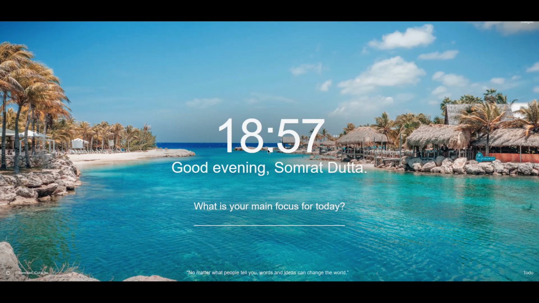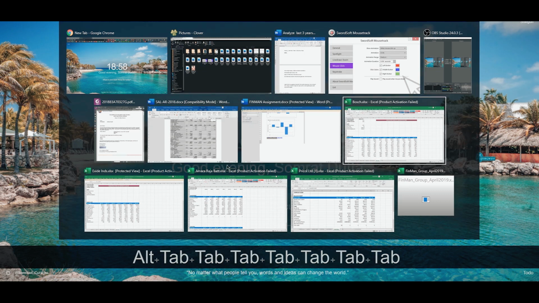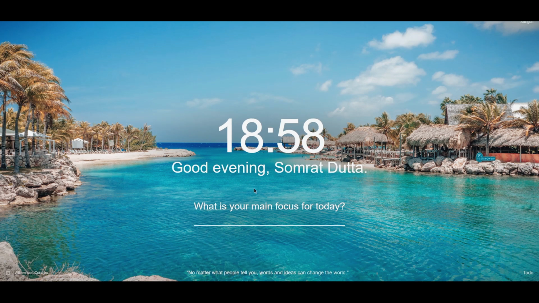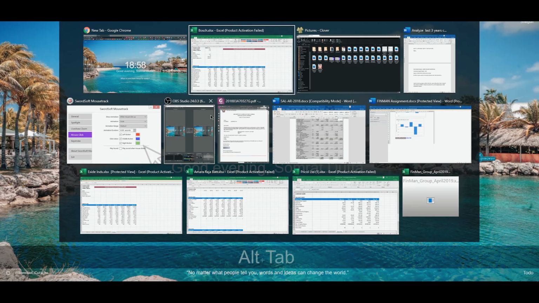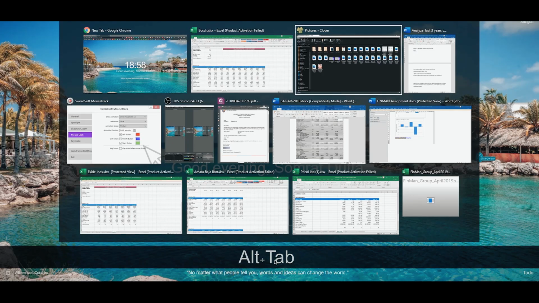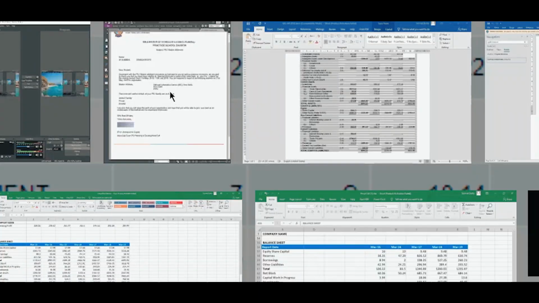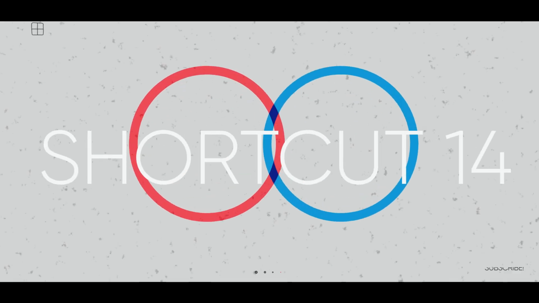So the other shortcut most of you already know, but I'm still going to show, is the taskbar view. You might already know Alt plus Tab to cycle through the different programs. You can also use Windows plus Tab to get a view of the programs, not exactly opening them. The problem with Alt plus Tab is that wherever you release it, it will open that window. But if you just want a preview, you can use Windows Tab and get a preview. I'm not clicking any button, as you can see right now.